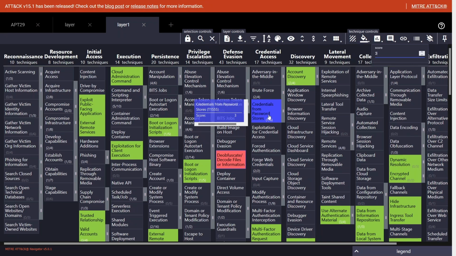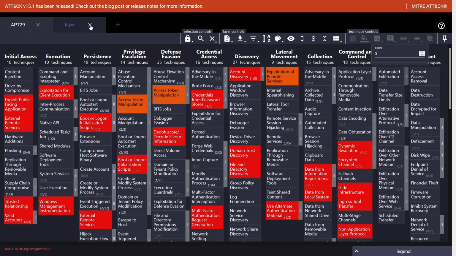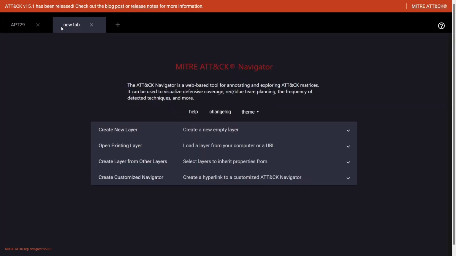So there are many ways of using the ATT&CK Navigator. It's entirely up to you, whatever color coding you want to use. That's how to do it. Now, the final example I'll use, and this is one way that I use it, I use it actually with my work,